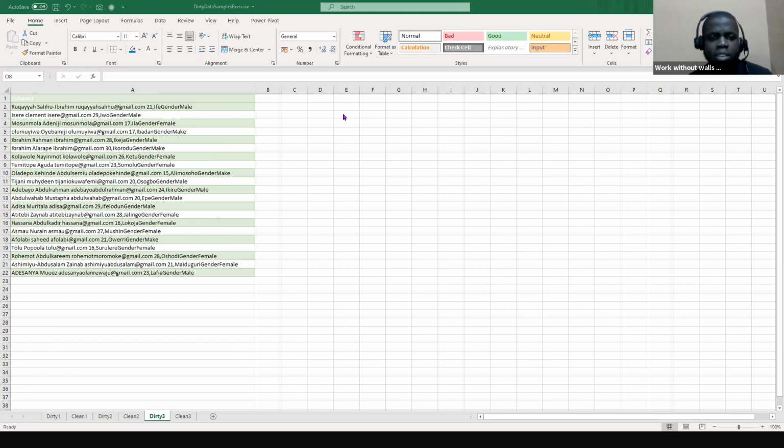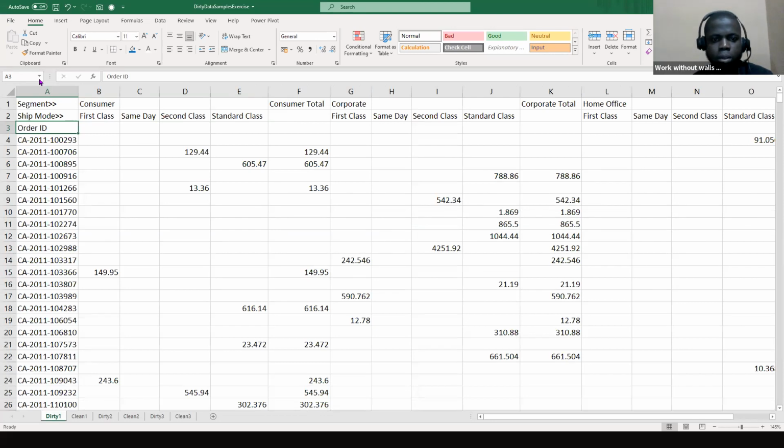Okay, so what I'm saying now is that when you want to clean the data, guys, it is very good if you can have a mental framework of how